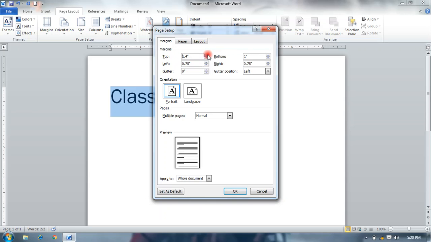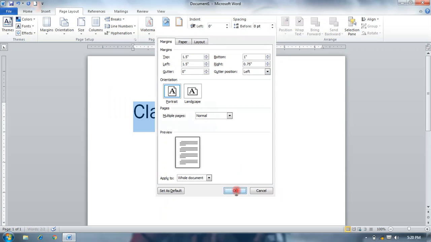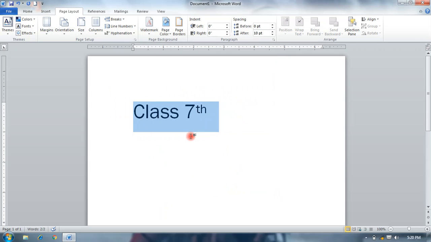You can preview from here, and you can select your margin. Okay, now it's changed. Orientation means how the page layout is displayed, like portrait or landscape. If you select portrait, then it is in vertical form.